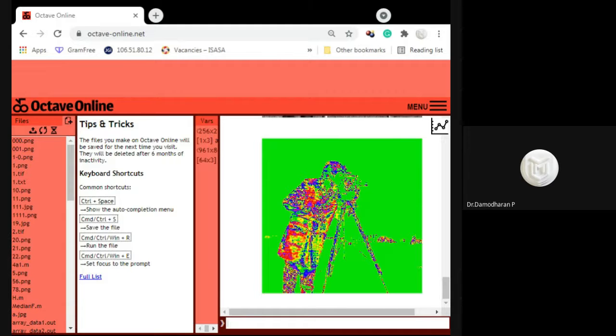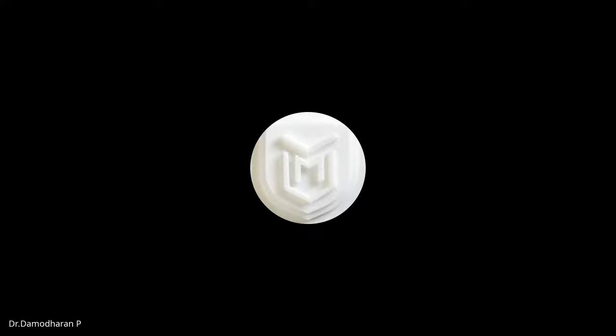So I'm just stopping sharing my screen. Try to execute the program using different color maps. Now I'm using the color map as jet. I'm able to use the color map as summer.